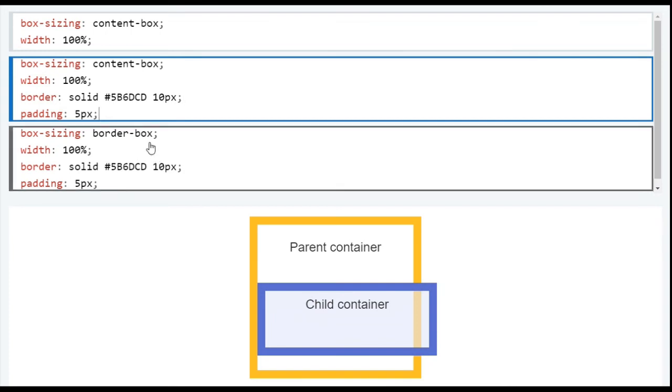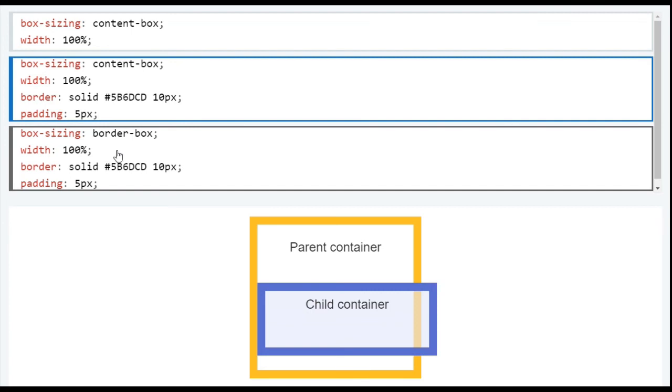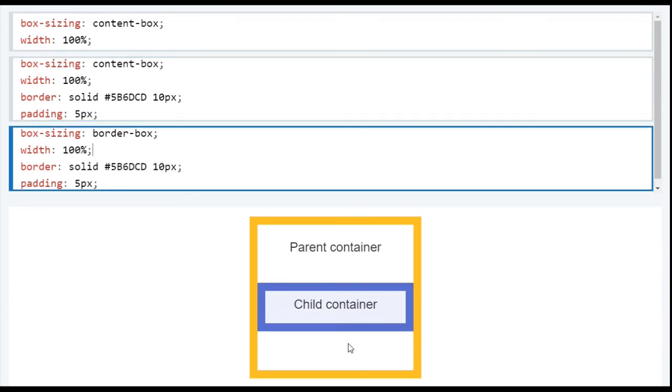Now let's see what the border box property does. Here we have given the same rest of the properties like width, border and padding. Now we have just given the box sizing border box property here. Now you can see the width and height of this element has not increased outside of this border. The border box property decreases the width and height of the content area of this element.